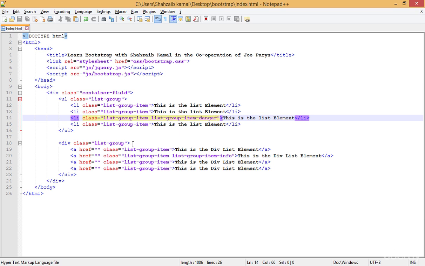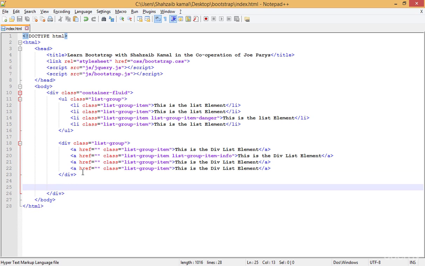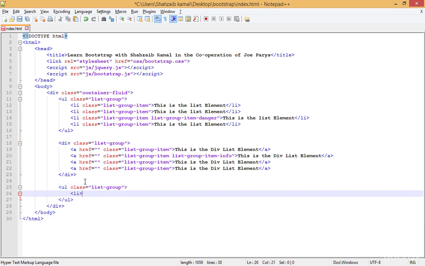Well, there is something more to make the list group more interesting and more interactive for the user. Actually, I want to add a heading and the text of the heading in the list group. So let's add the UL. Okay, now I'm going to the starting tag of the UL, and typing list-group again, the same thing again, going inside and typing li. Okay, covering that and adding here the same thing, you know, the class of list-group,